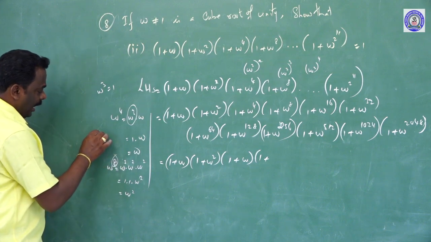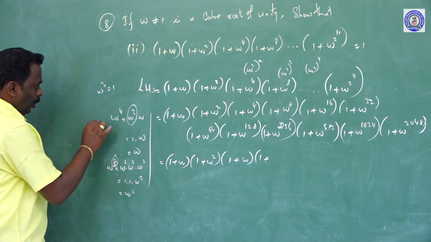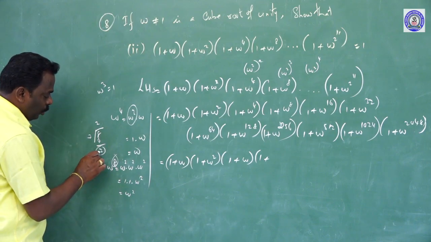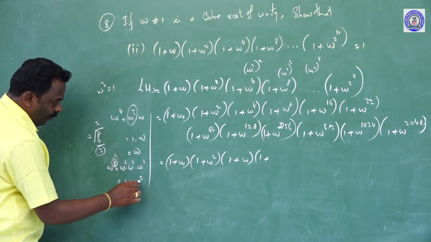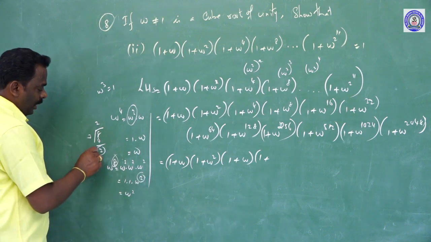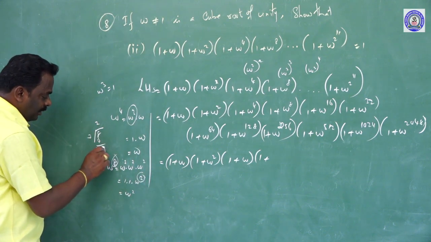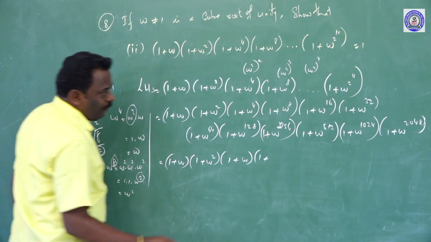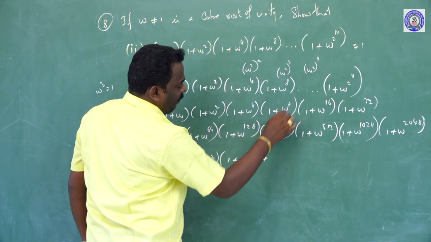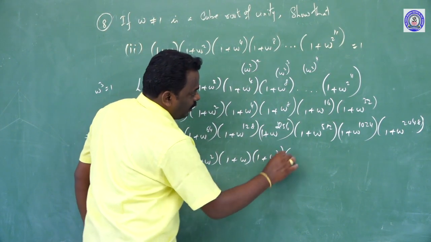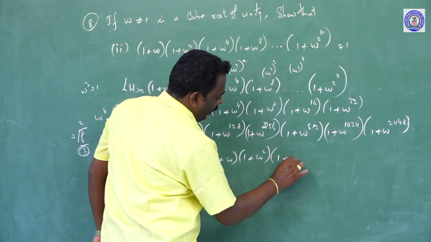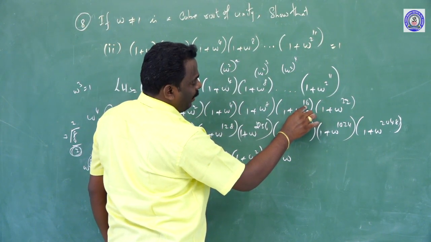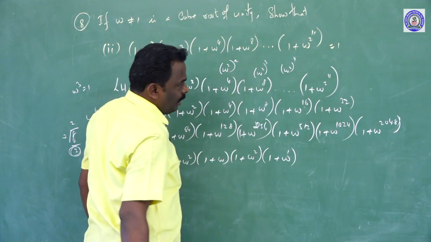Otherwise, the power 8 divided by 3 gives 2 times, 6, remainder 2. Therefore the power remaining is ω^2 only. So the divisor multiples are cancelled; consider remainders only. Therefore we can write ω^8 as ω^2. Similarly, for (1 + ω^16), 16 divided by 3 is 5 times, 15, remainder 1. So ω^1 is remaining.